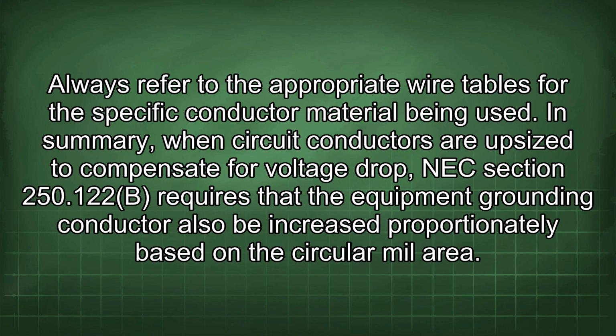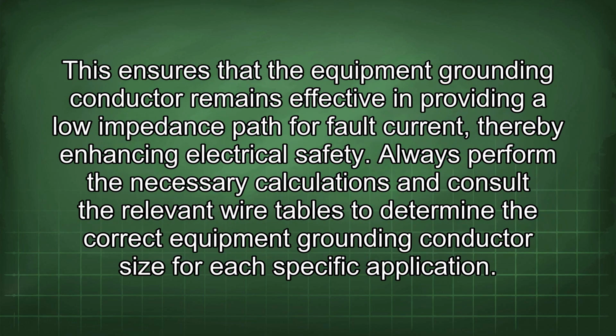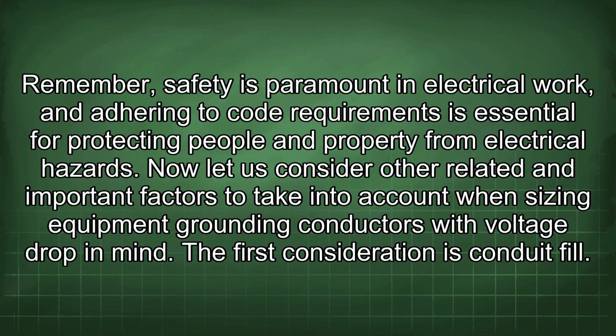In summary, when circuit conductors are upsized to compensate for voltage drop, NEC section 250.122(B) requires that the equipment grounding conductor also be increased proportionately based on the circular mill area. This ensures that the equipment grounding conductor remains effective in providing a low impedance path for fault current, thereby enhancing electrical safety. Always perform the necessary calculations and consult the relevant wire tables to determine the correct equipment grounding conductor size for each specific application. Remember, safety is paramount in electrical work, and adhering to code requirements is essential for protecting people and property from electrical